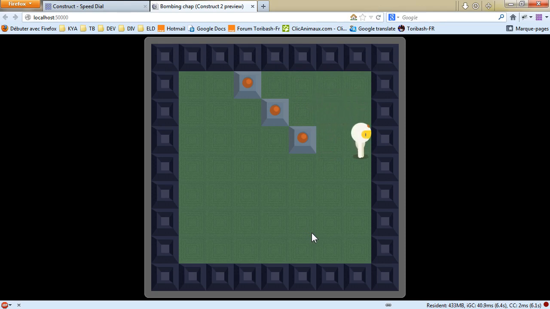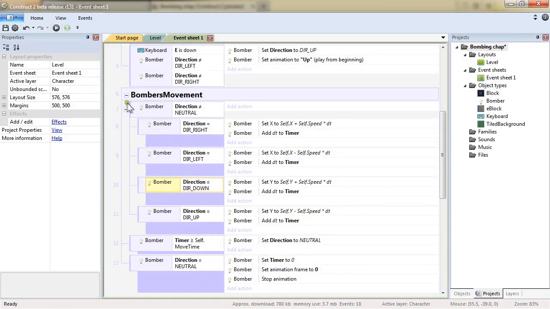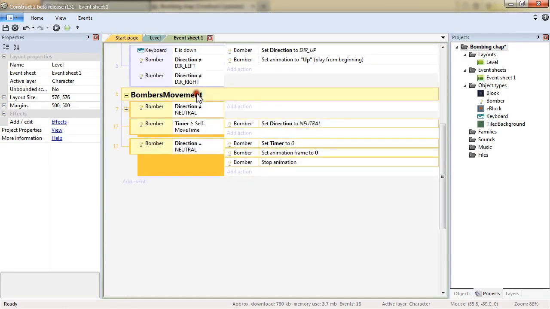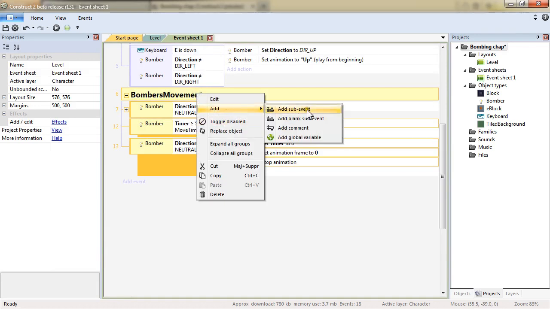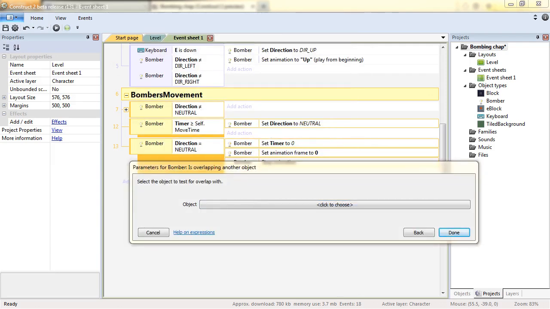I would want it to feel like it's stuck or can't move from there. So to do so, we will need to add in the bomber movement yet another sub-event, and we will check if the bomber is overlapping a block,